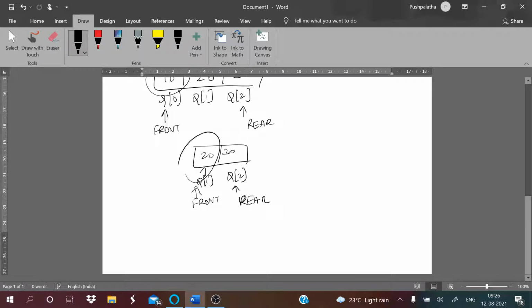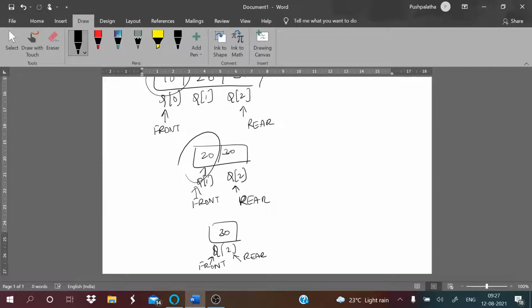Now if 20 is also deleted, the only element that remains is 30. So this is your Q of 2 and this becomes your front as well as your rear. Okay, so this is your element remaining after you delete your 10 and 20. Now if you delete 30 also, then you have nothing, that is your minus 1.